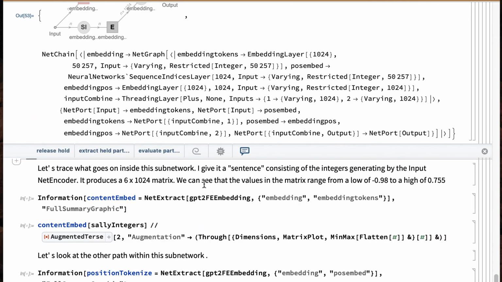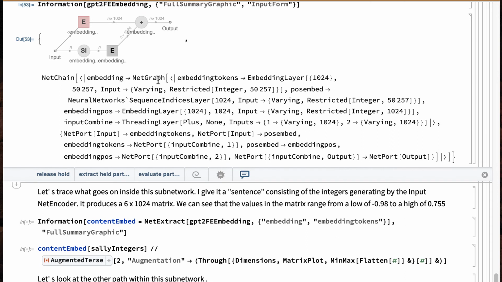In fact, you can see this a little bit here. There's a layer called embedding tokens, which is going to produce a 1024 length vector out of 50,257 inputs.